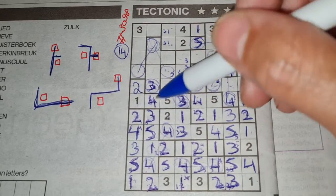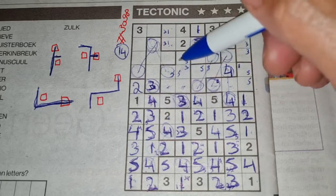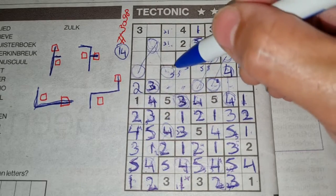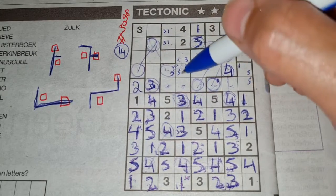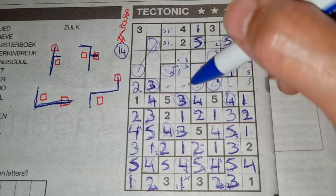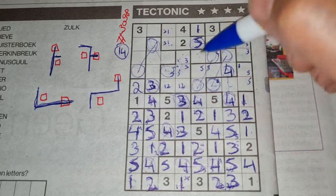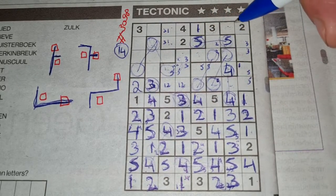So this box cannot be a 4, that box cannot be a 4, so the 4 should be in one of those 3 boxes. Okay, so 5 we have here, 3 we have here, and 4 we have here, so the other 2 boxes should be the 1 and the 2 as a pair. Okay, well,